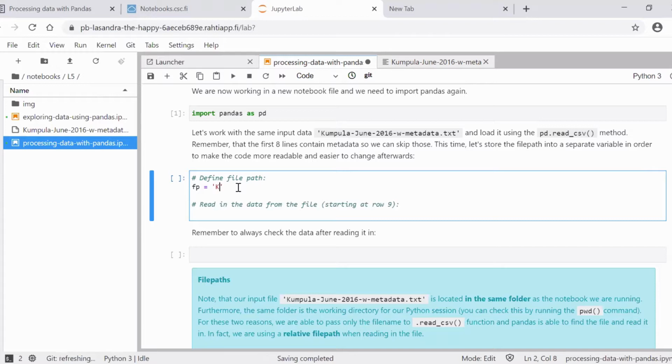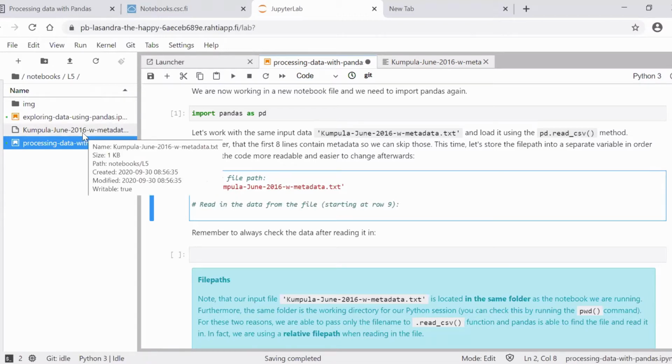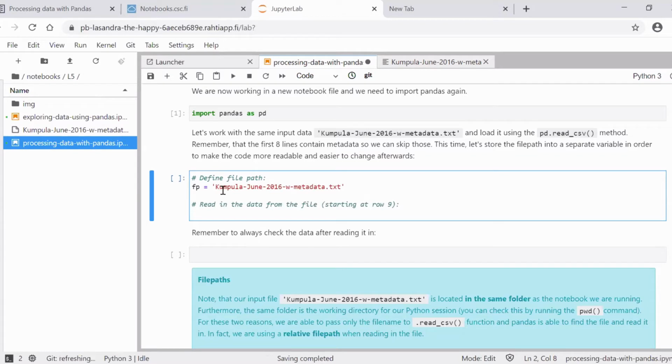Let's see if this, yeah, I learned this autofill. So you can start typing in Kumpula and then press the tab key so Jupyter Lab knows to autofill the file name as the file is located in the same folder as our notebook in the working directory. So now we will store the file name as a character string to the variable fp, stands for file path, and then using that, again, we'll create a new variable data,